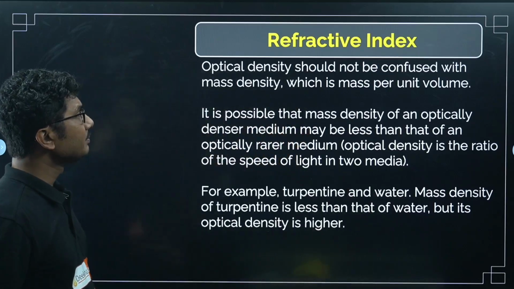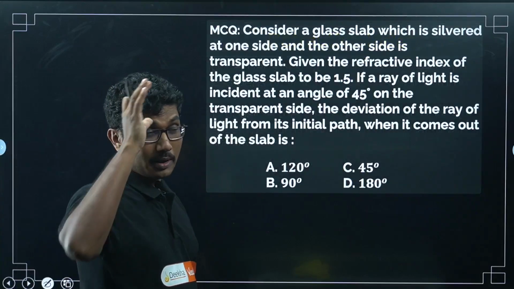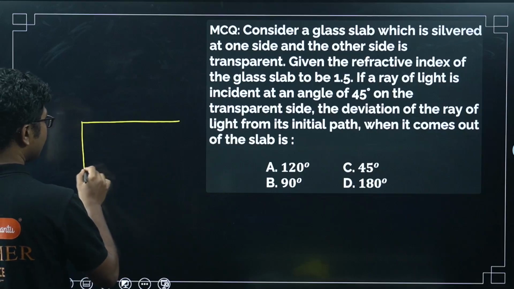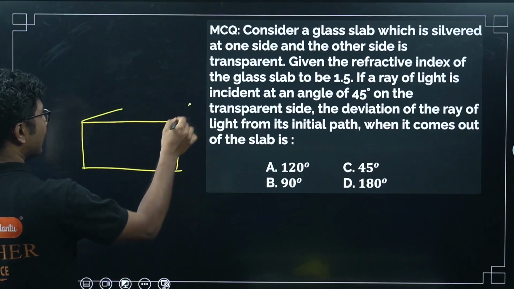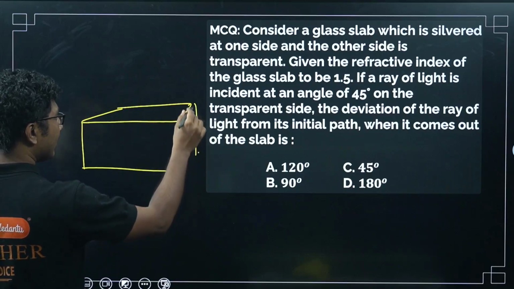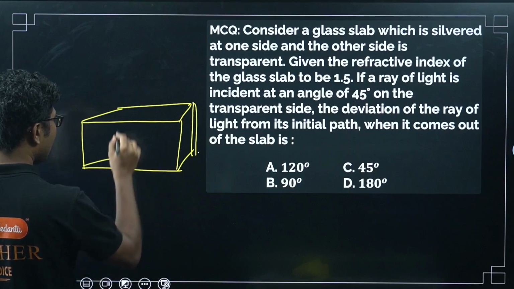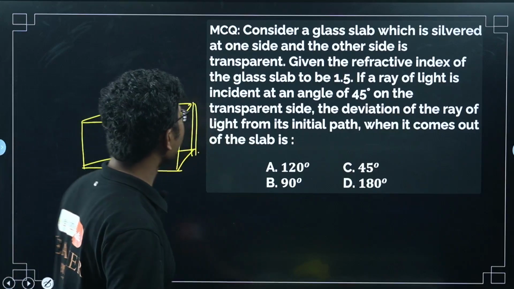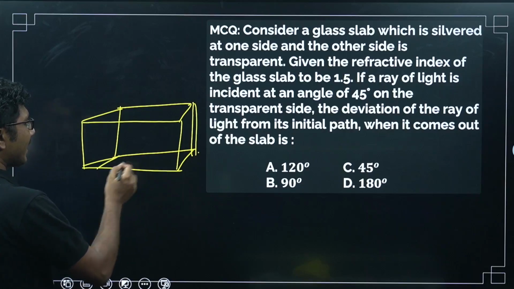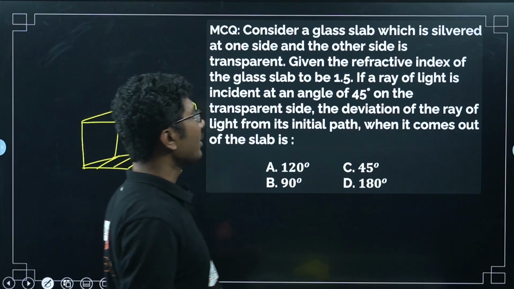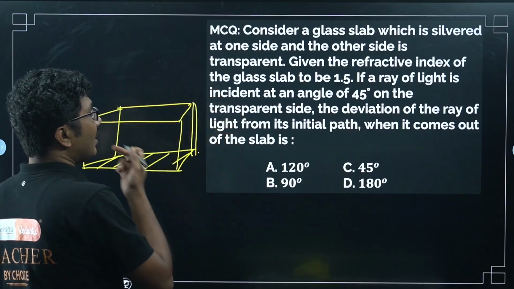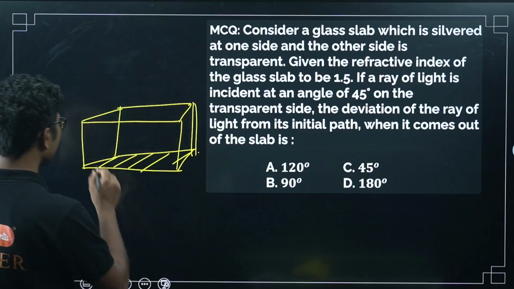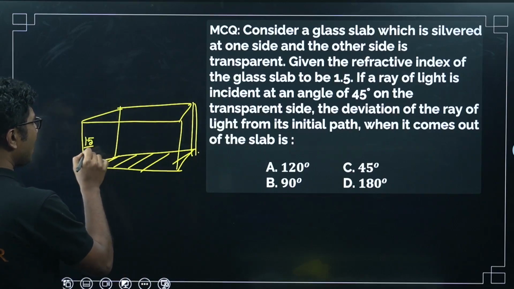Now let's move on. Let us solve one simple problem. This problem is not directly related to refraction, but it was asked in KCET, I think 2022 or 2021. The question: consider a glass slab which is silvered at one side. So there is a glass slab, suppose this side is silvered and this other side is transparent. Given that the refractive index of the glass slab is 1.5,